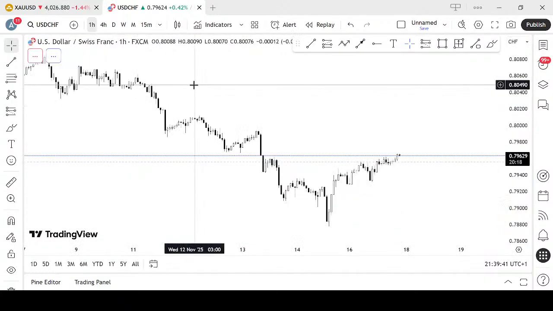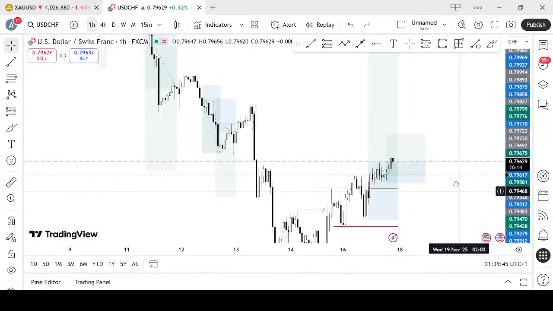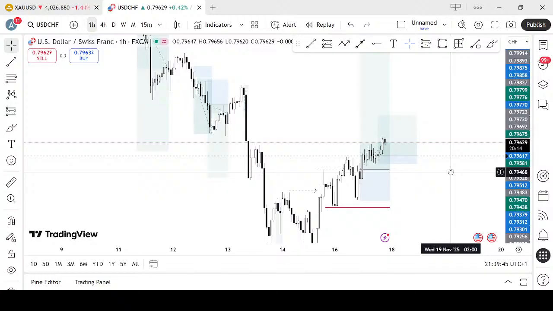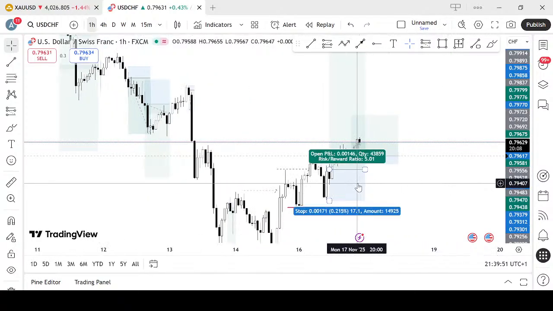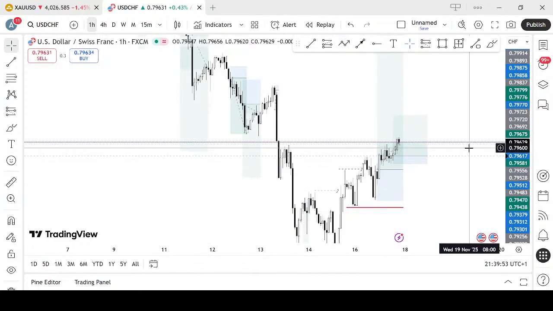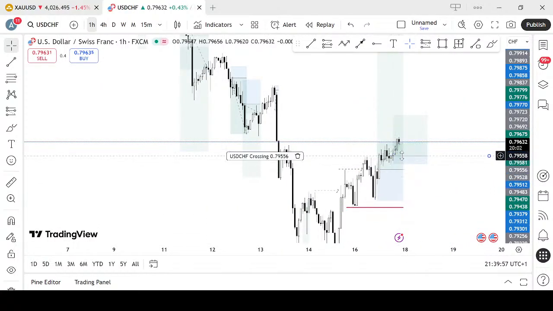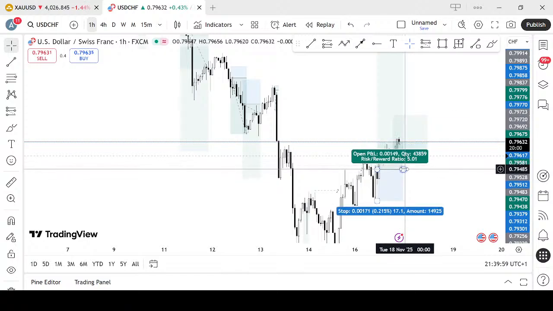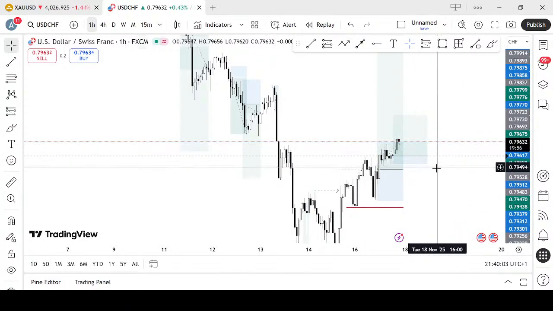And the last pair is USDCHF. This was the first entry I took, I mentioned earlier, and I'm here to break even on the first entry here. I'm even already, because I had another entry, so that gave me the conviction that price is likely not coming back into this. So I took the other entry.